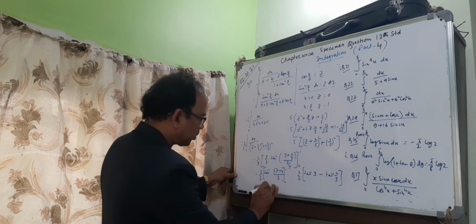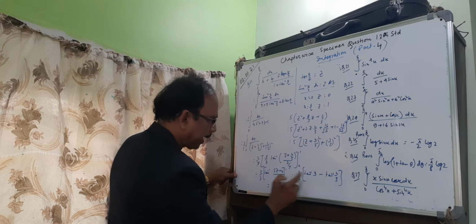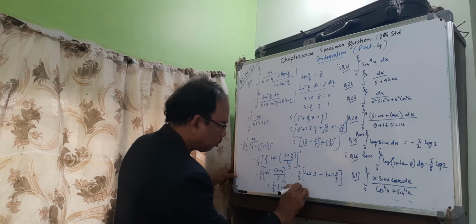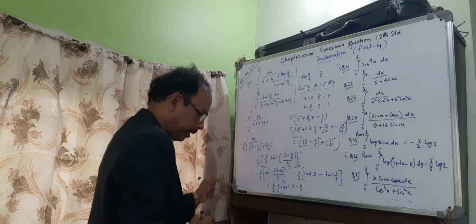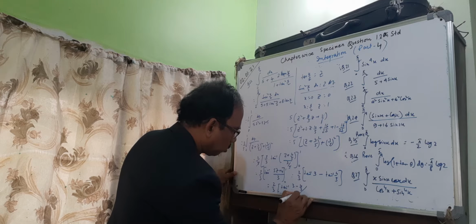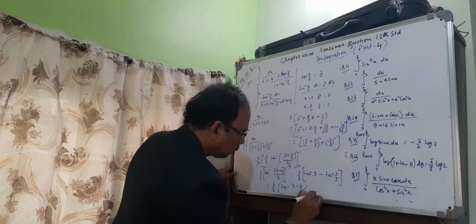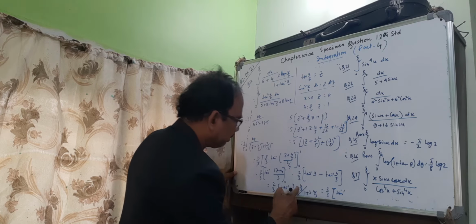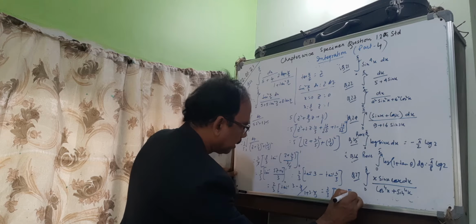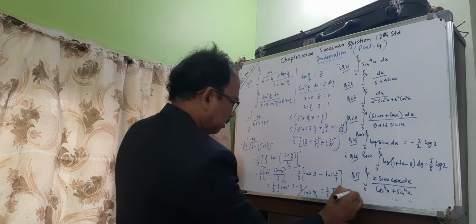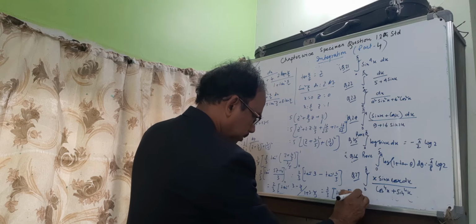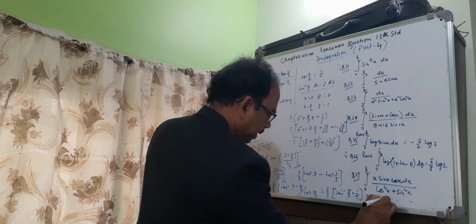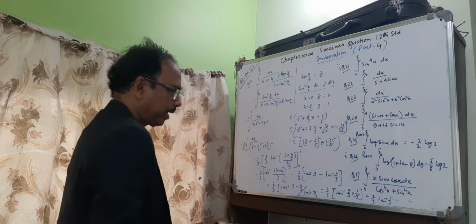We can simplify it, that is 2 by 3 [tan inverse a minus tan inverse b], which is tan inverse of (a minus b) over (1 plus ab), that is over 1 plus 3 into 4 by 3. That is 2 by 3 tan inverse of (5 by 3) into 1 by 5, that is, 5 cancels, 2 by 3 tan inverse 1 by 3 is your final answer.